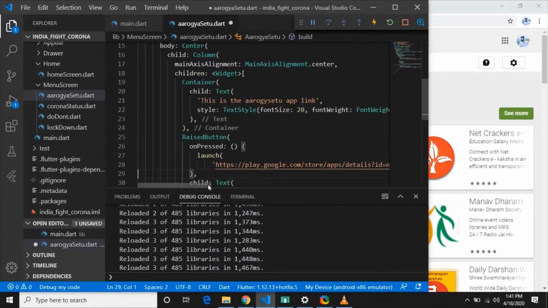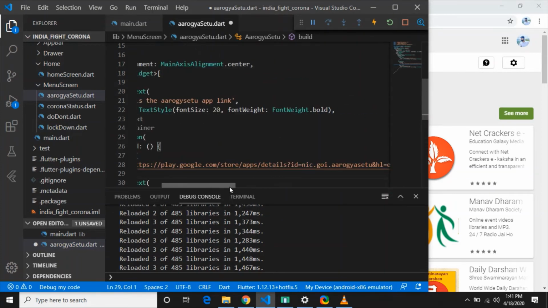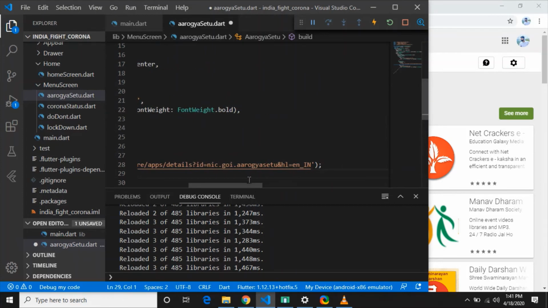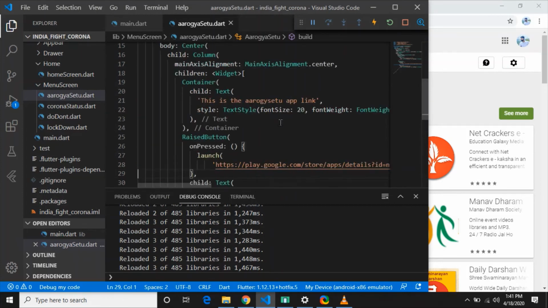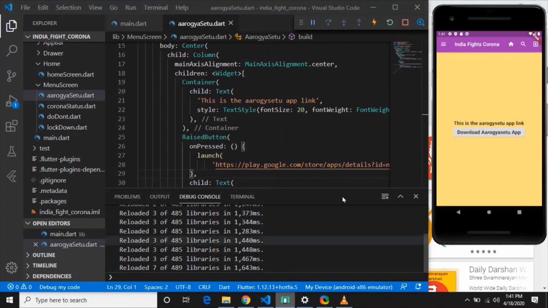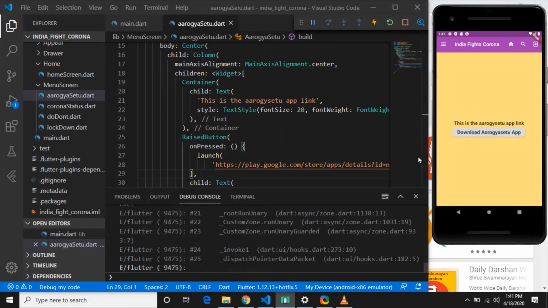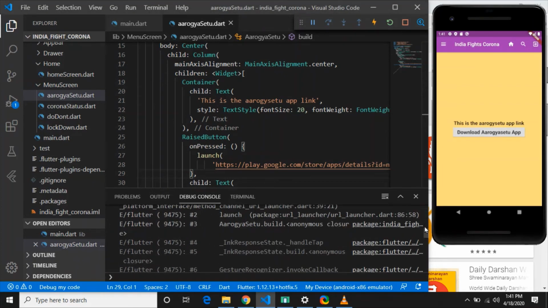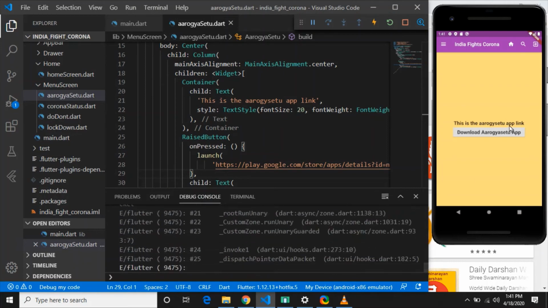If you save it, you will not get any error, and it reloaded 7 libraries. If you click on this, you will get an error. Yeah, this is what happened because URL launcher has to inject this operation into the Flutter code libraries. So we have to redebug. First step, you have to stop debugging this app.